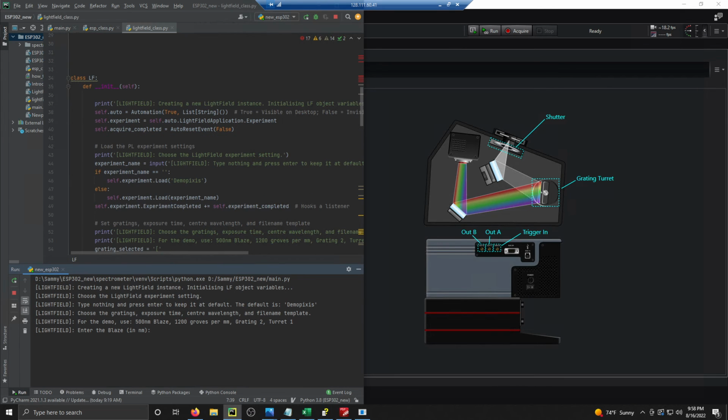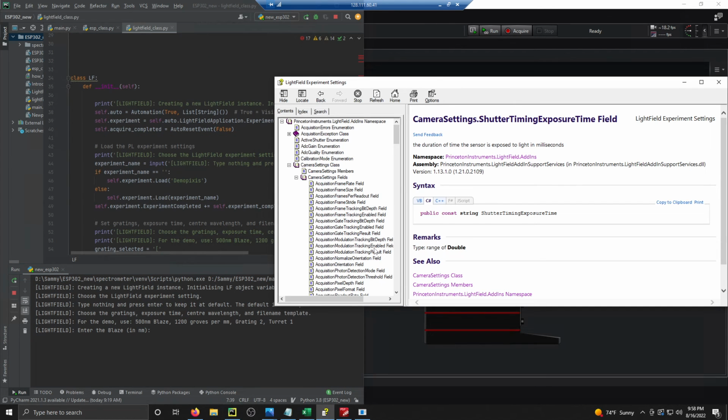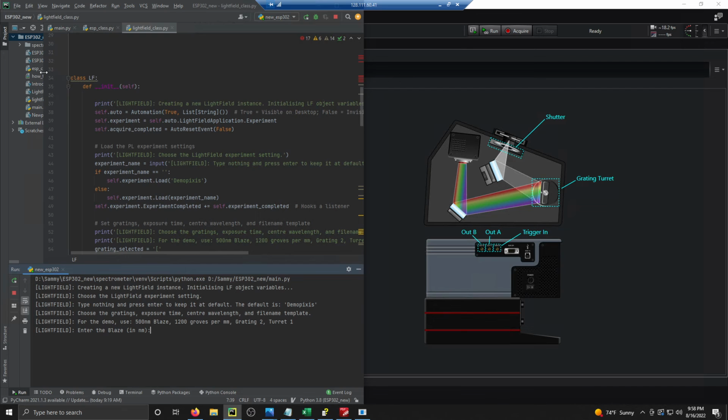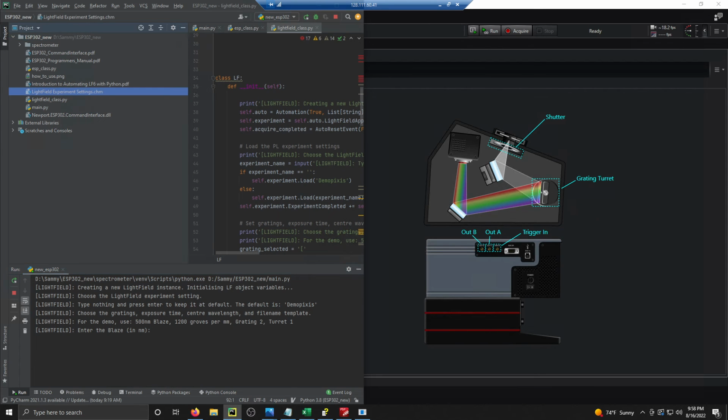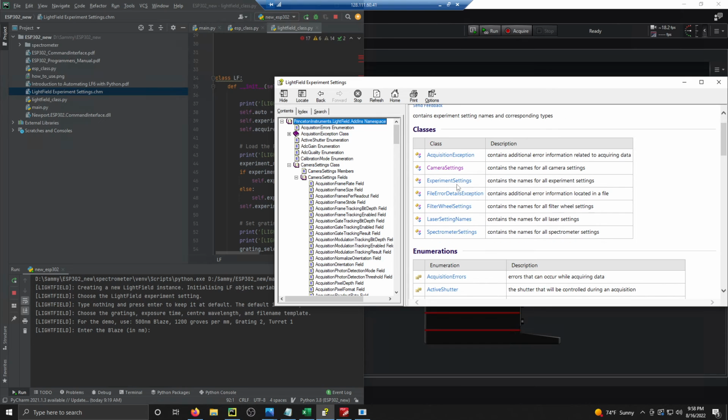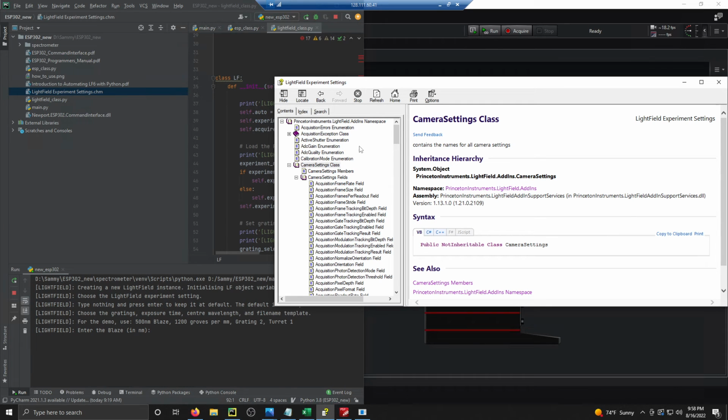How does this all work? Well, generally, we check this thing called the lightfield.chm file. Right here, I actually have it in here. If you go to the namespace, this is basically a gigantic namespace and a bunch of classes. So, for example, if you want to set the exposure time, then you want to go to the shutter, camera settings,